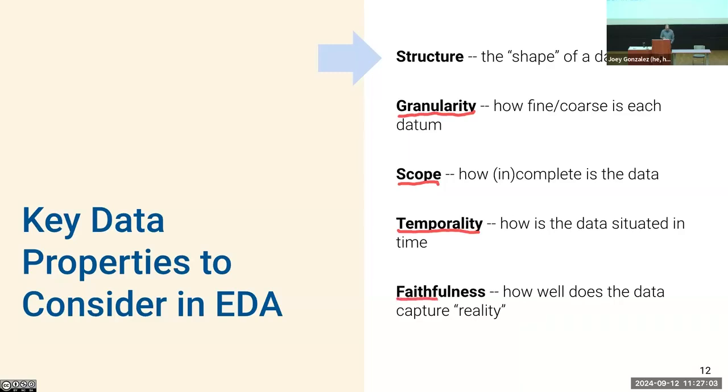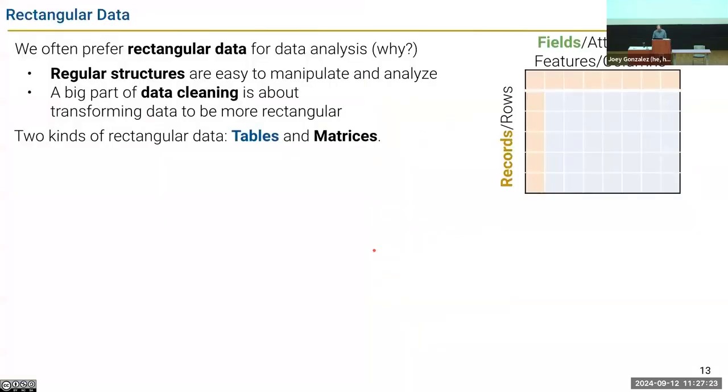And then faithfulness. Is the data good? Do I have buggy data? Is my stove broken? Am I missing records in my data, right? So if you're unboxing a product, you'd ask similar kinds of questions, at least for these two, maybe. And then these are really kind of data-specific ideas. All right, so we'll go through each one of these. We'll start with structure. This is probably where we spend most of our time.